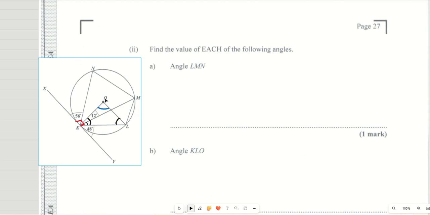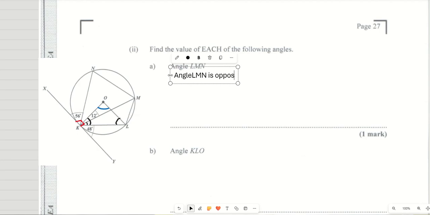Now, what can we say from angle LMN, right? Angle LMN is opposite angle LKN, right? And as I stated before, if they are in a circle,